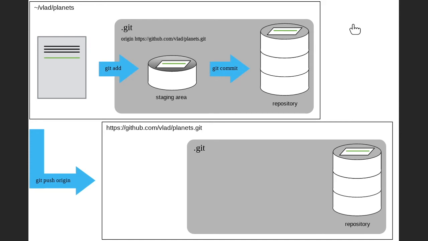Also, you see in the documentation that it could be done with git push, sorry, -u origin master. The -u means set upstream to. What that means is every time that you do a git push, you don't need to specify origin master. So if you do that once, the next time that you do a git push,